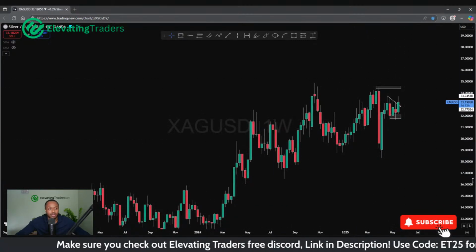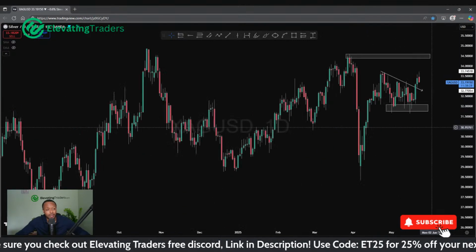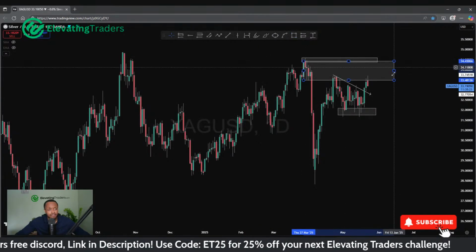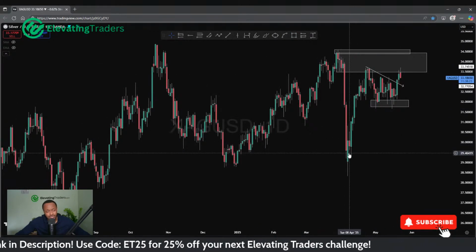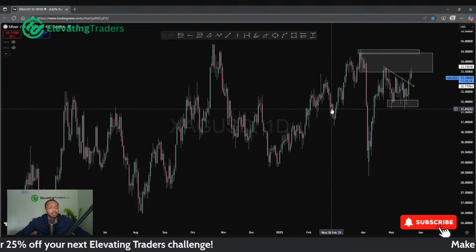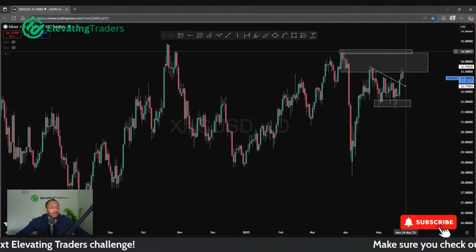I'm looking at silver on the higher time frames. Yes, still very much a bullish market, but just very choppy. I mean, after all, this is still very much bearish territory here. You know, this is where we had a massive sell-off to the downside. So this is a heavy area of supply. So I don't really want to be trading in those areas.